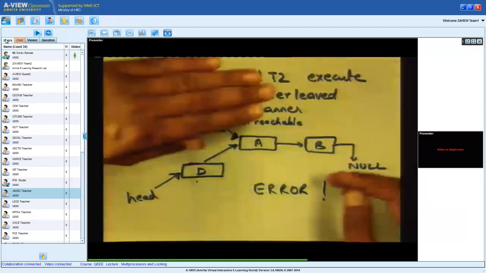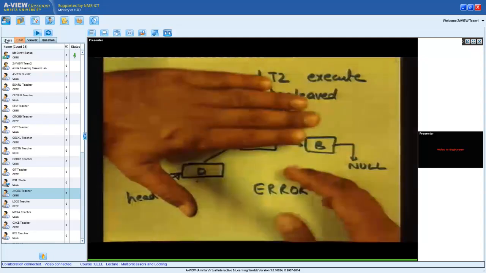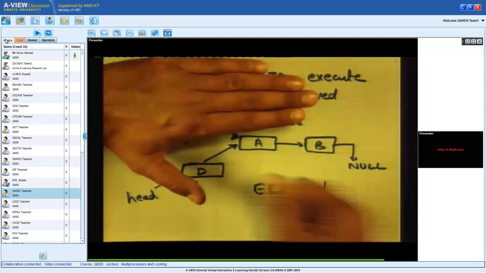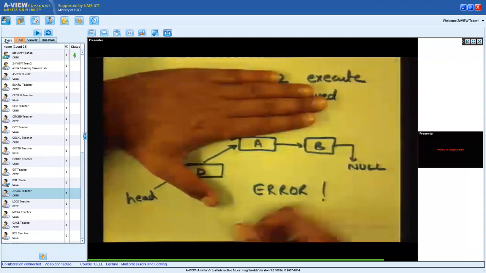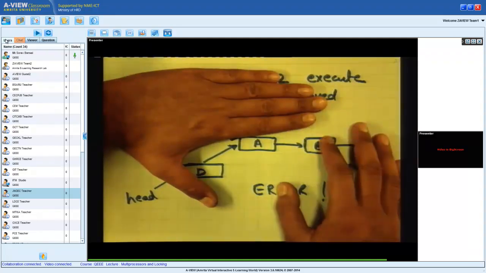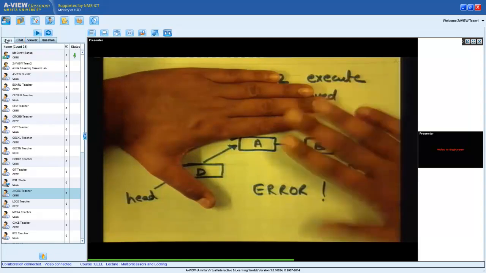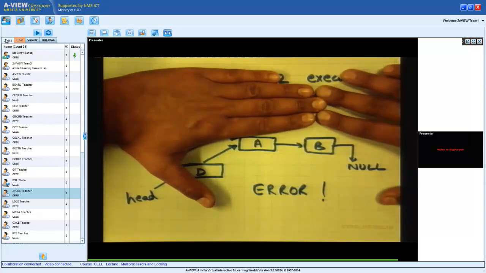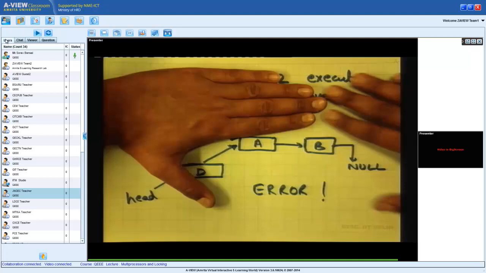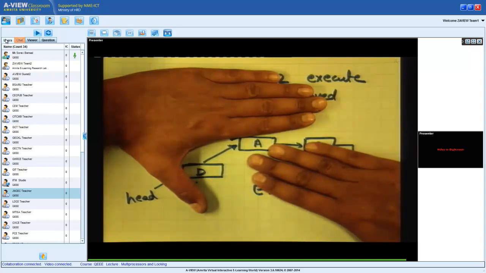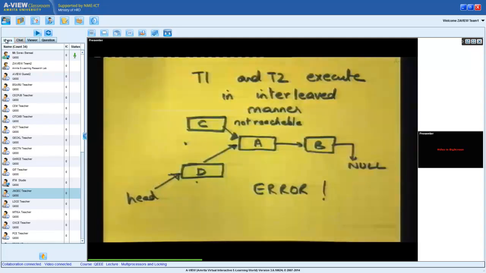One way to do that is that when the thread is doing something on the list, the thread sets a flag and says, okay, I'm operating on the list, so you have no business touching the list now, right? So in which case, even if it tries to execute at this point, it's going to say, oh, I cannot execute in the middle. It will come and execute later, right?